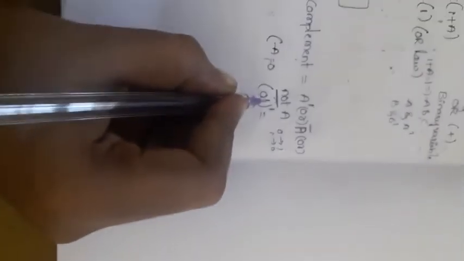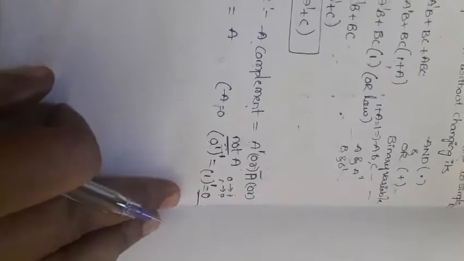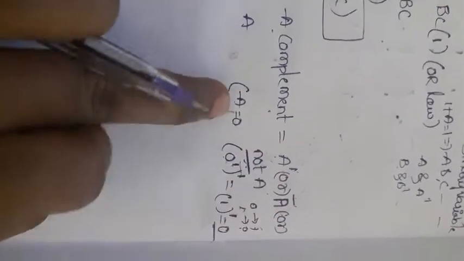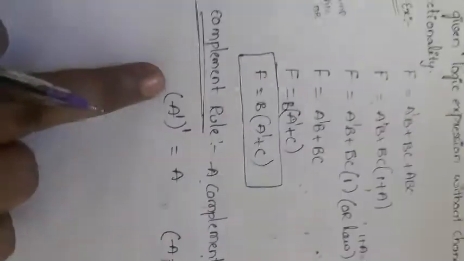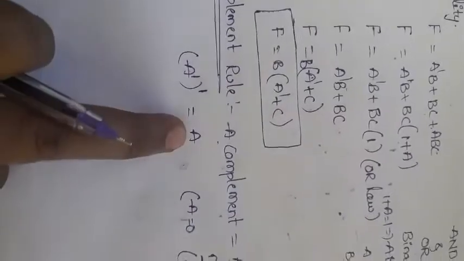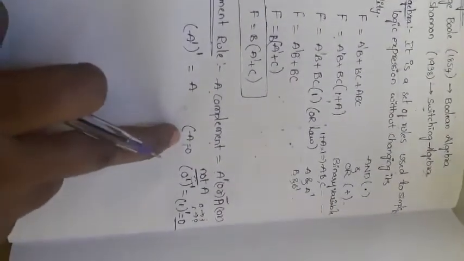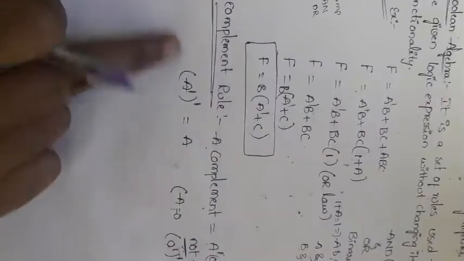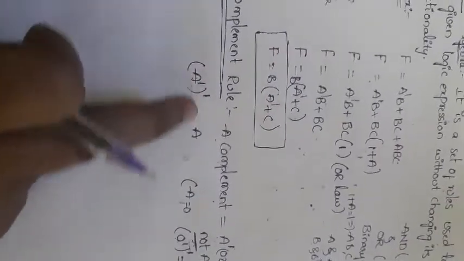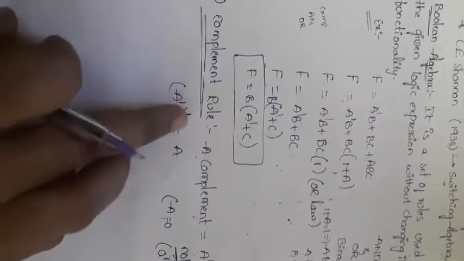First, 0 complement is nothing but 1. And for that 1 we take one more complement, so 1 complement is nothing but 0. Whatever we give as the first input is given to the output. So a equals 0, then the output equals 0. Like that, if I give the input as a, then the output will be a. So a complement whole complement equals a.